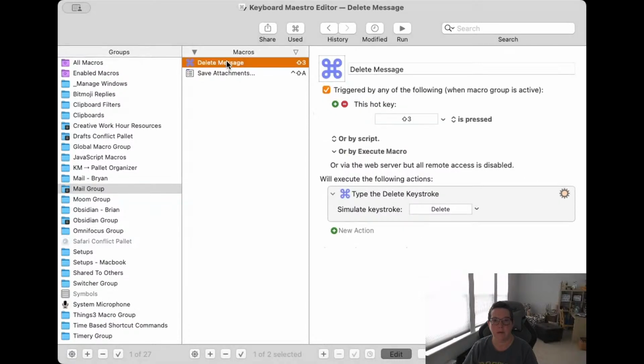So I have one that will delete a message, and deleting a message, you might be like, Kara, it's just the delete key. It's not hard. You're correct. That's true. But I'm so fast with it in Google that Shift-3 is a better option for me. So what I've done is I've written a macro that if I press Shift-3 in mail, which is the same thing as the Gmail shortcut, it will type the delete keystroke for me. So let me just show you what that looks like. Okay, so right here, so I'm just going to type Shift-3 on my keyboard. It deleted that message. Shift-3, Shift-3. I can go through so fast and delete my messages, and I don't have to take my fingers off of the keyboard.